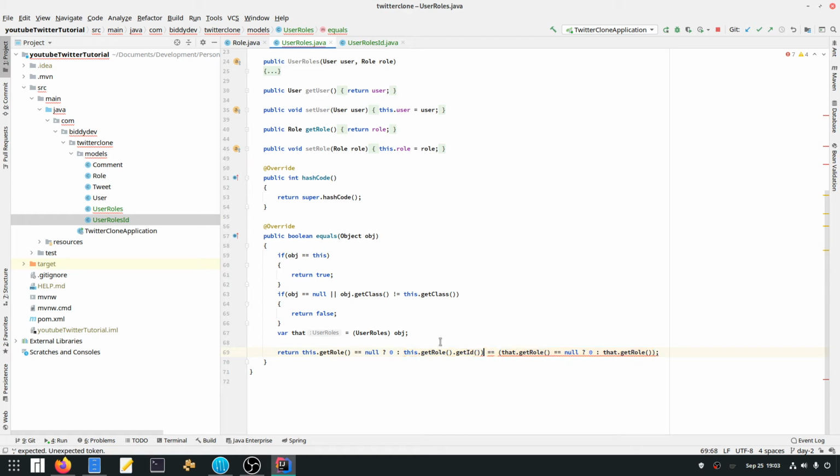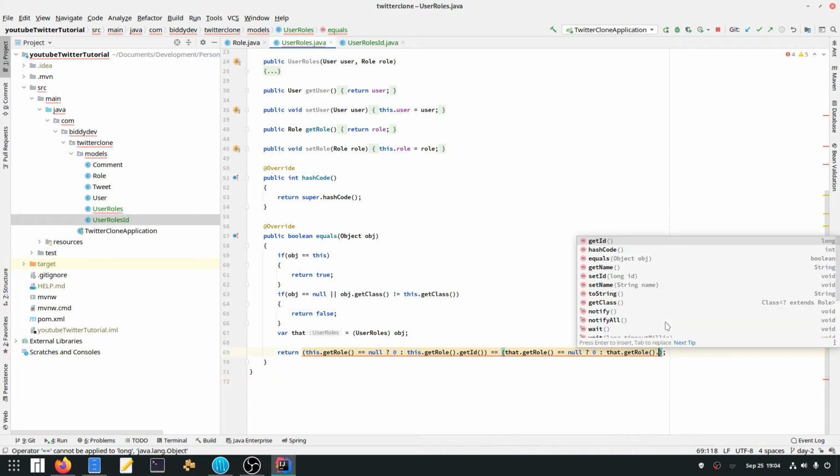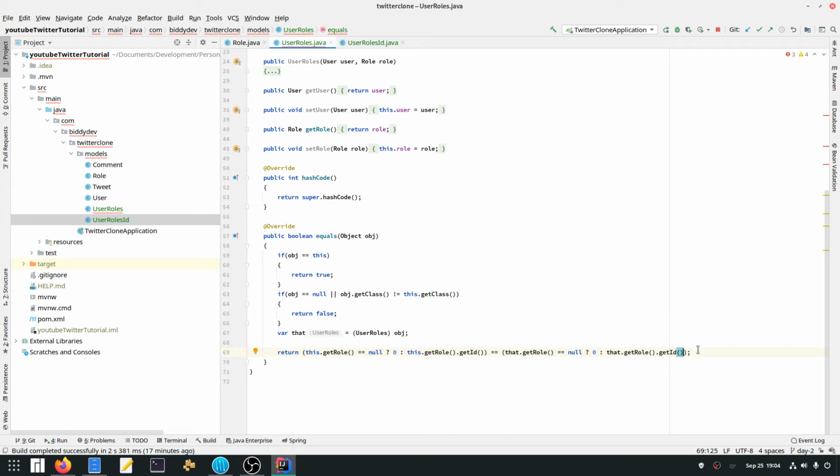So we want to wrap that around brackets. So 0 get role ID. Oh, that's why. All that debugging for nothing. Okay, and